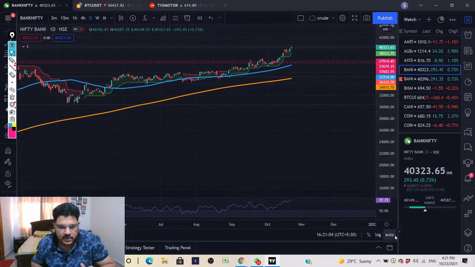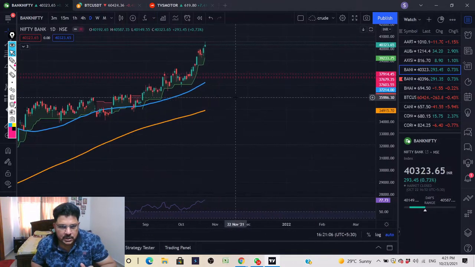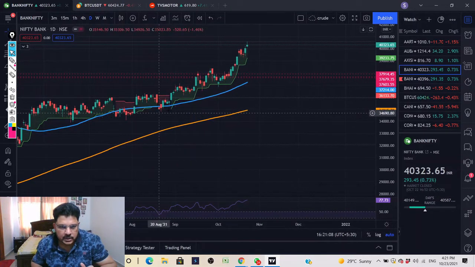On the daily time frame, it's definitely looking bullish, and still riding the super trend. You see the importance of super trend here. Many times it has come, touched the super trend, and from there it has taken the support. So these are good entry points at whatever time frame you see. If you see this on a 3-minute time frame also, you will see these are your perfect entry spots.